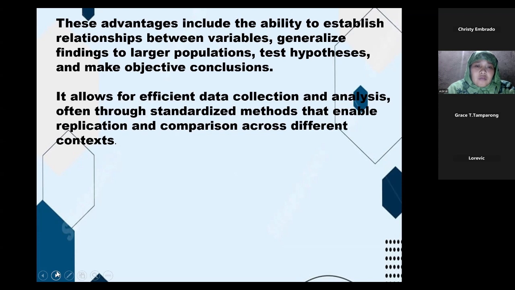Quantitative research methods also have other advantages. Number one is that it is objective and unbiased, and it is very easy to analyze when we gather the data. It is already organized by using graphs, tables, and statistics for clear interpretation. So in that case, we can easily give the interpretation of that specific problem of the research.